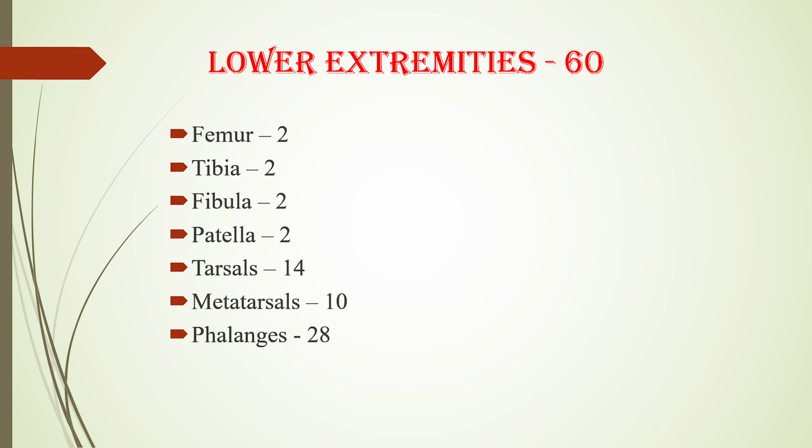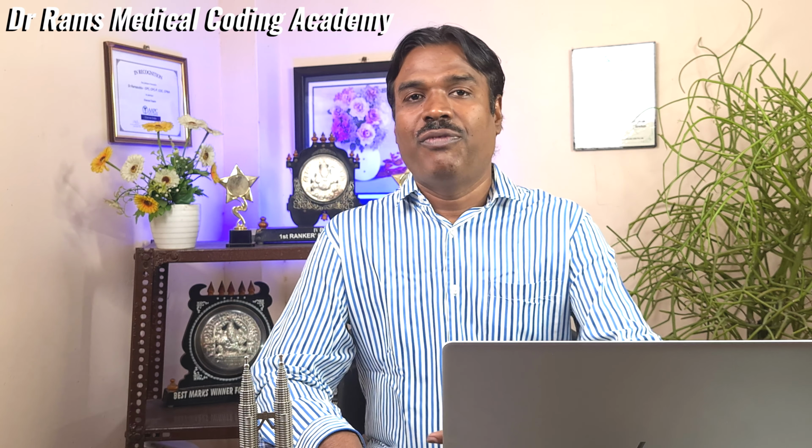Here we have the femur, which is called the thigh bone, and this is the strongest and the largest bone of the human body. This question can be asked, even in NEET exams: name the bone which is the strongest or the longest in the human body. We have this thigh bone, and beneath the thigh we have the knee joint. Beneath that knee joint, we have two bones called the tibia and the fibula.